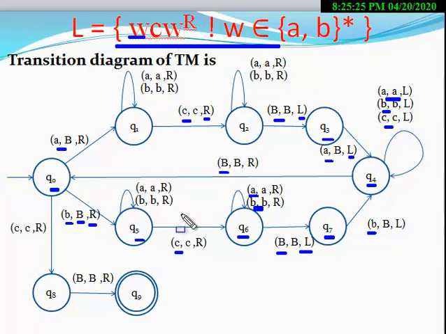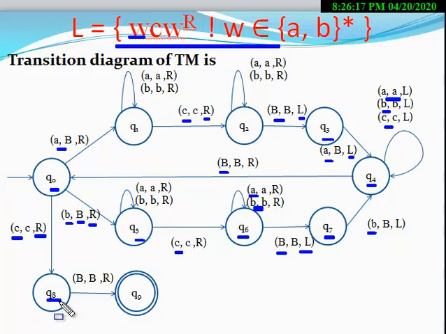When all the tape symbols belonging to W are removed, then at state Q0 the machine encounters tape symbol C. When tape symbol C appears at state Q0, it means there is no string of W before C. In this situation the machine goes to Q8 and the head moves to the right. We do not change the tape symbol C. So the machine moves from Q0 to Q8.